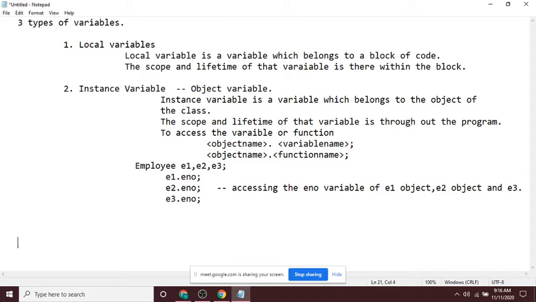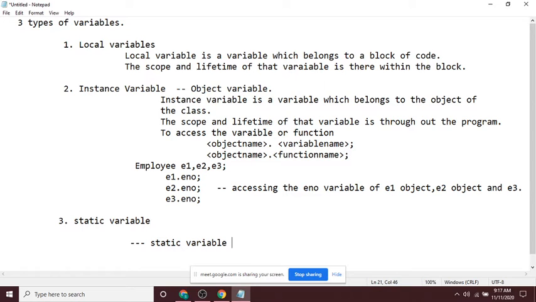Now we shall discuss the new thing. What is the third type? Static variable. A static variable is also called a class variable.